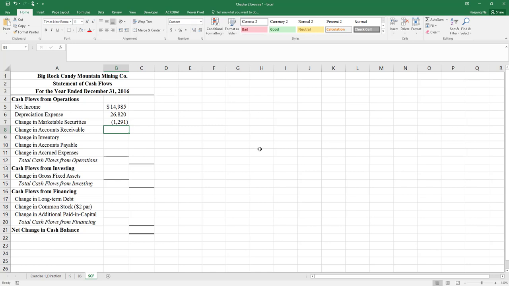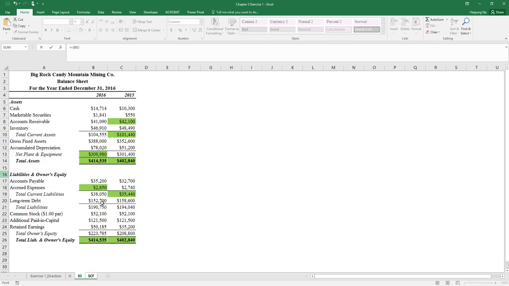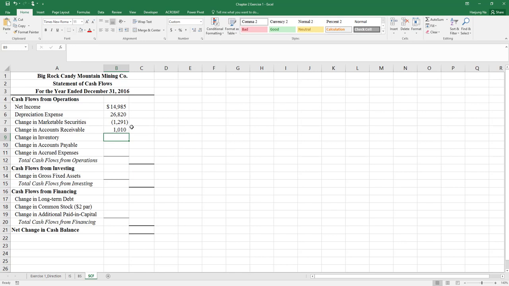Let's move on to the next item, accounts receivable. Again, the same thing: an increase in accounts receivable, if you think about it, means your customers have not paid you yet. So that would have an inverse relationship with your cash flows. Start with a negative sign and then move back to the balance sheet. Find the ending value of accounts receivable minus the beginning value, and you will have